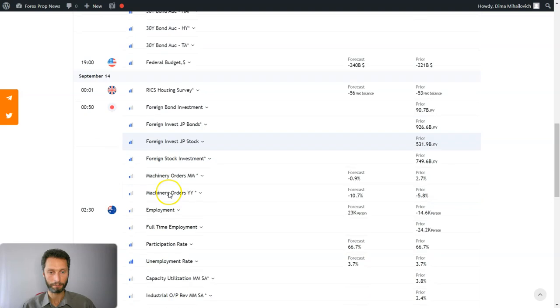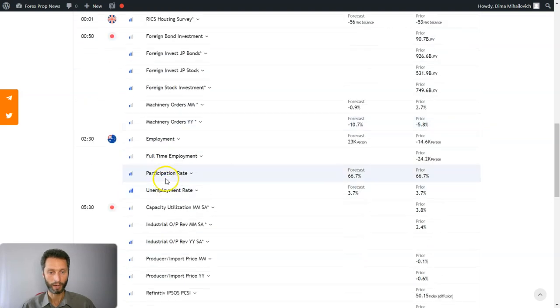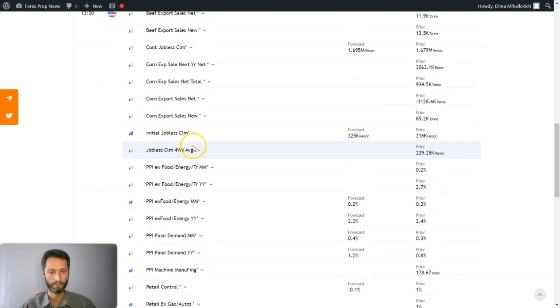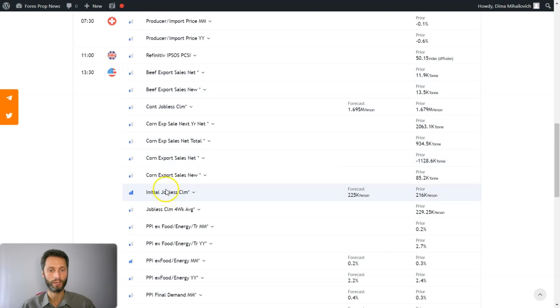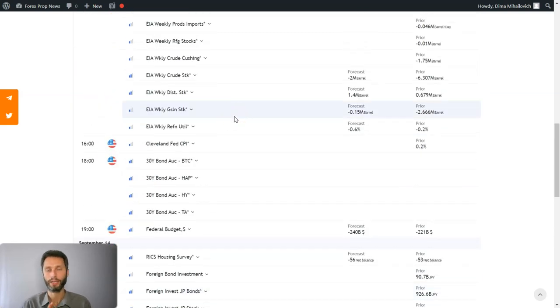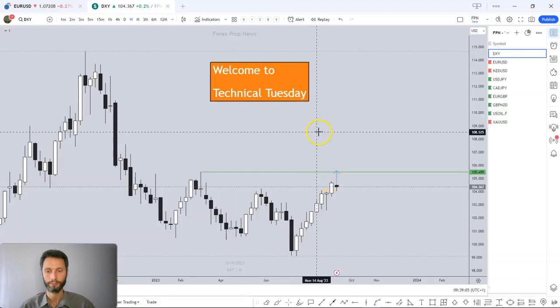And then Thursday, what do we have? We have the unemployment rate and, again on the dollar, initial jobless claims here. So we're going to watch out for that and prepare for that, because the major news is tomorrow. We had major pound news, and now for the dollar we have tomorrow and Thursday. Let's go back to the chart and see where we are at the moment.